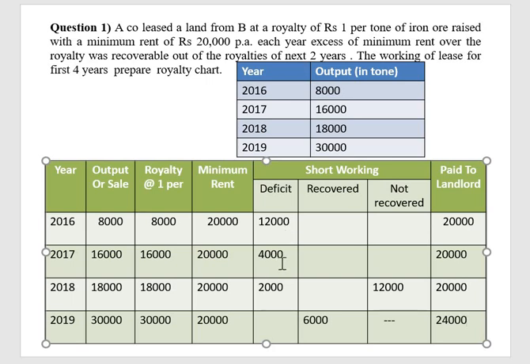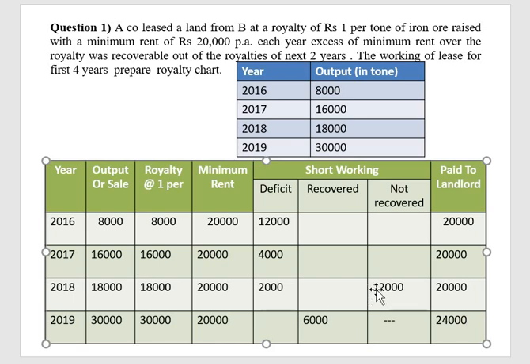Again, if there is any loss in 2017, then to recover the 2017 loss, 18, 19 is the last date. Like that, the 2018 loss can be recovered in the next 19, 20. But right now in this problem, 20 is not given, so no need to worry about it. If it is possible, we have to recover here. Otherwise, it goes to the next year. Is it clear? Yes. But right now, the 2016 loss is not recovered in the next 2 years. 17 also no profit, 18 also no profit.